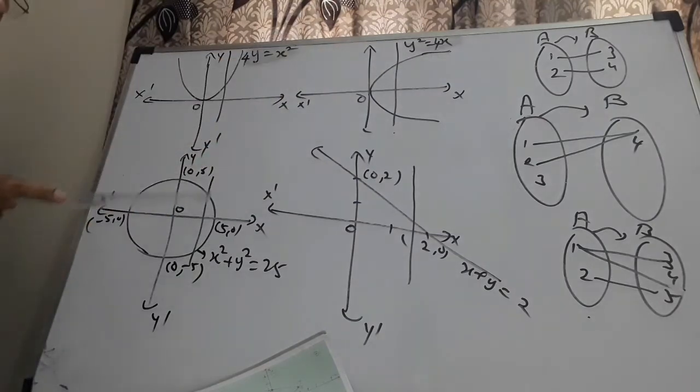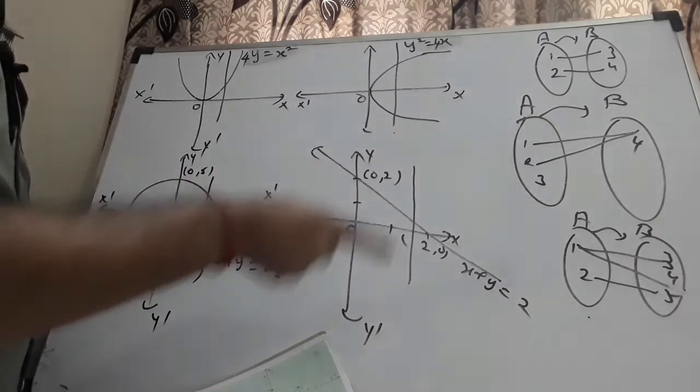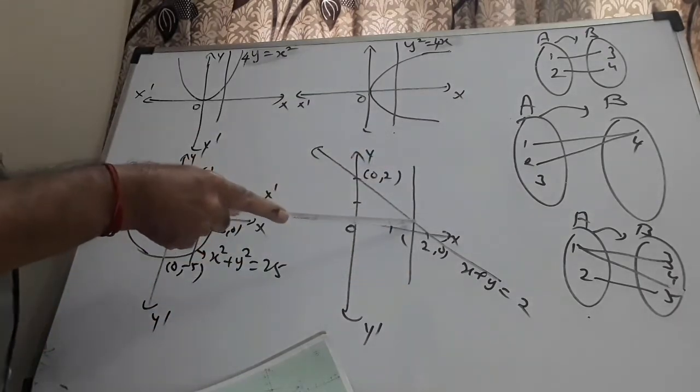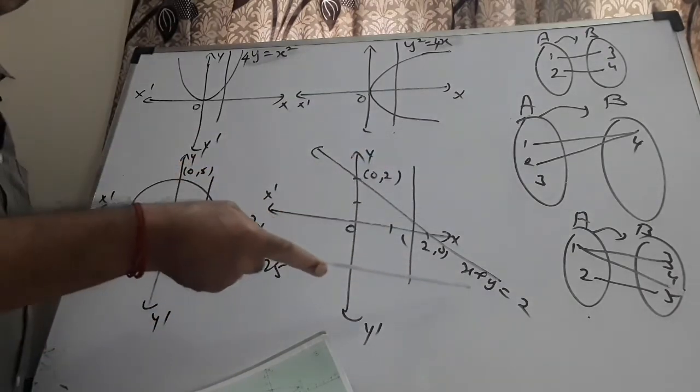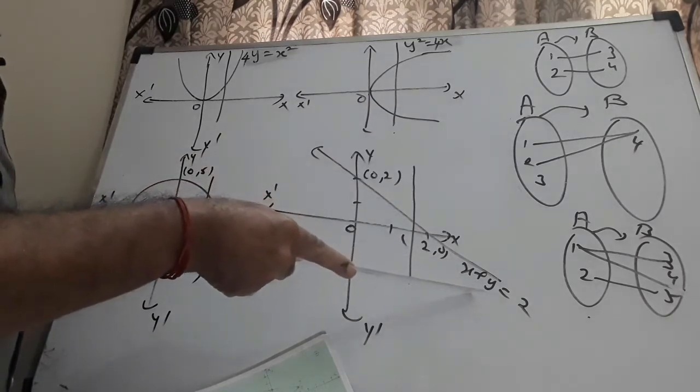Here again, if I draw a vertical line, I get one point in the first quadrant and one point in the fourth quadrant. Now this particular point on the x-axis has two images, the y values being the corresponding images. Therefore, this will not be a function. And if I keep on drawing various vertical lines for the straight line, it will intersect the given curve at only one point. So x plus y equal to 2 will be a function.